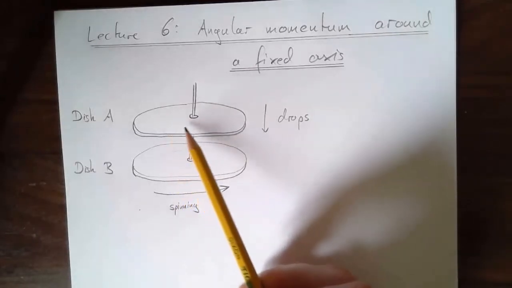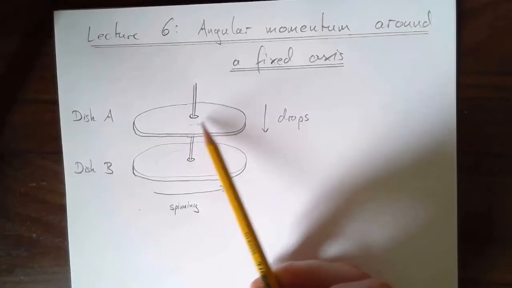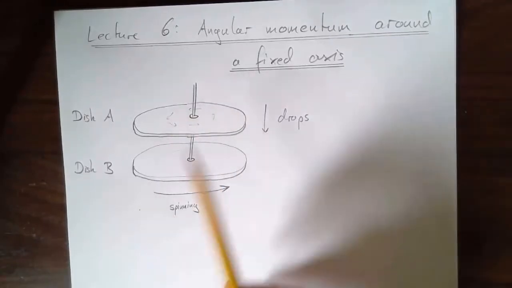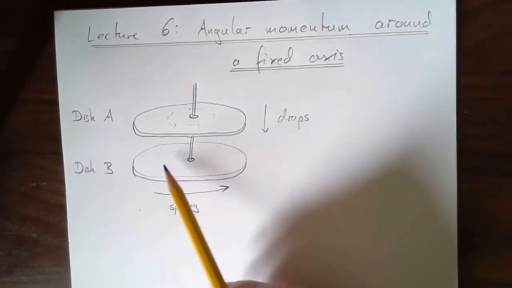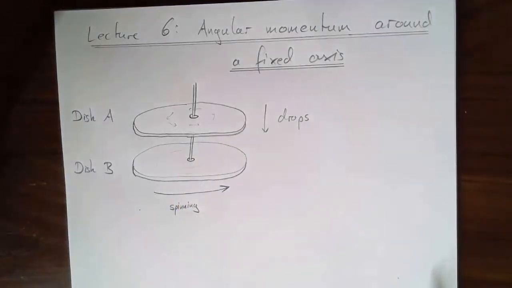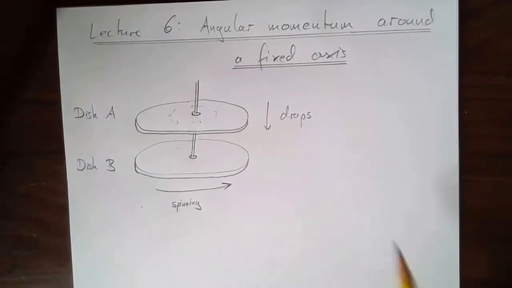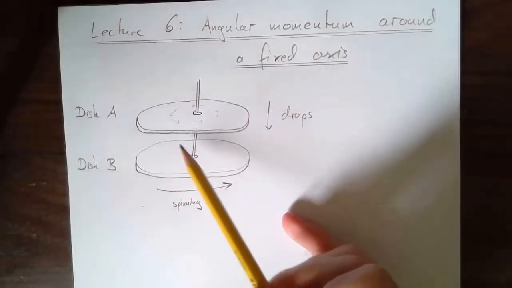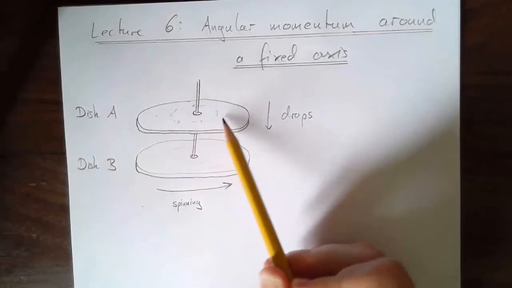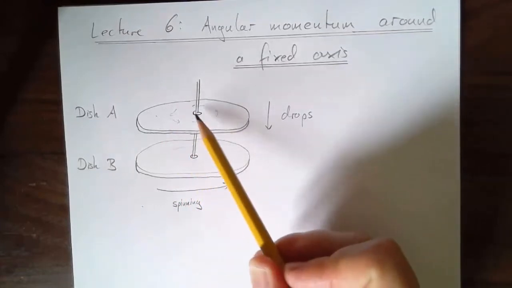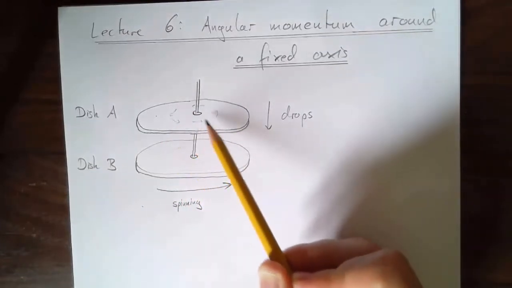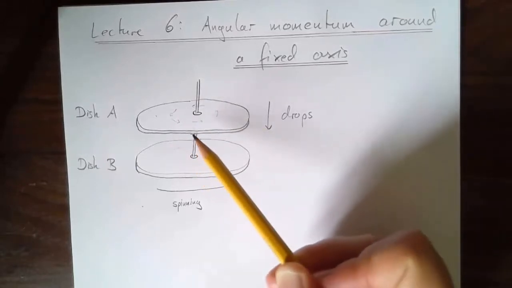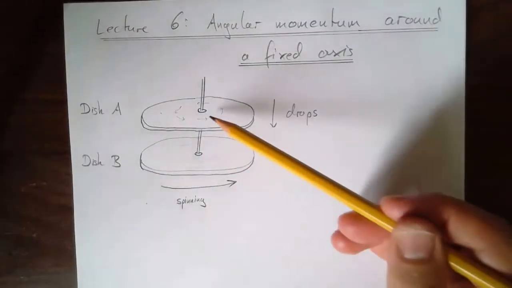Like this one will be dragged sort of forward at all points based on the friction with the other disk, as this one will experience a force the other way, slowing it down. So, in the case of a force of friction, the force would act essentially across the whole surface, but it would always create torque in the same direction. I hope that is fairly obvious.